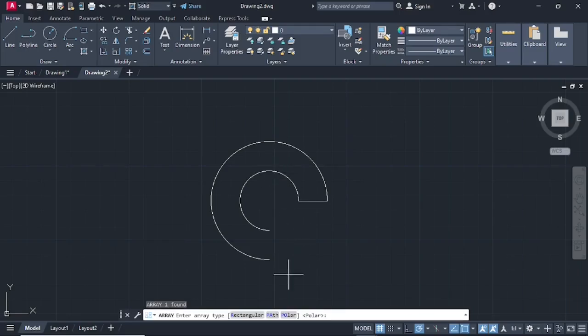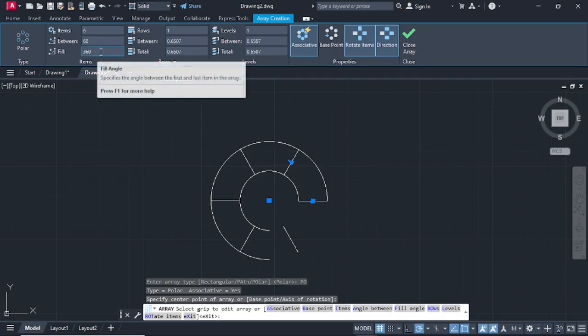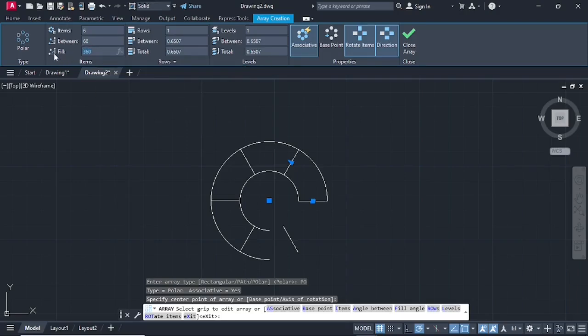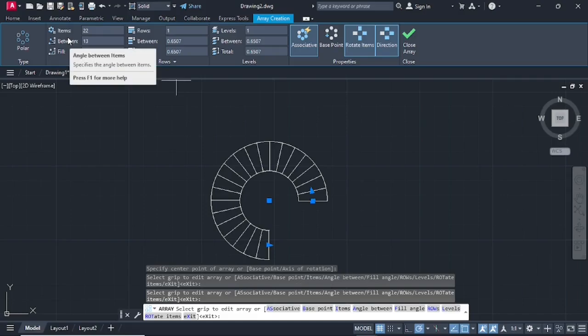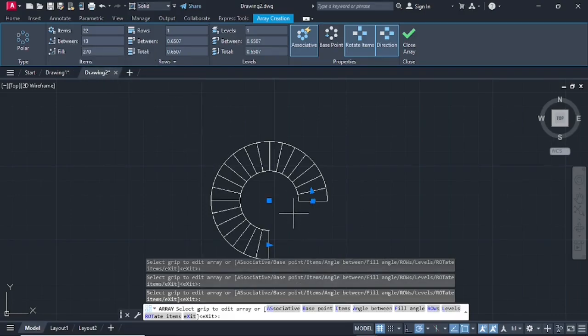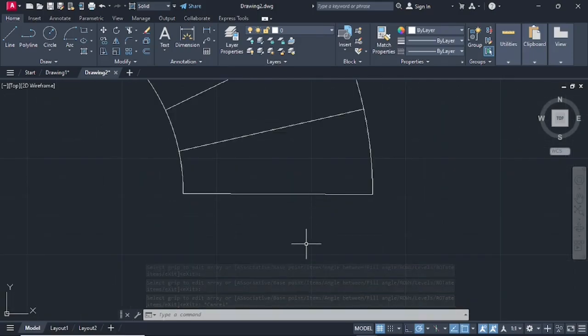then go on polar, go on the midpoint of the circle there, click there on the midpoint, then where it says fill, we are going to change that figure to 270, and where it says items, we are going to change it to 22, like that. After I've done that, just zoom in, then enter the command text,